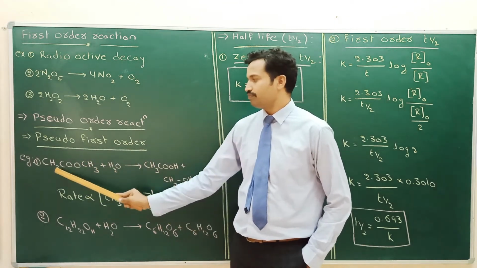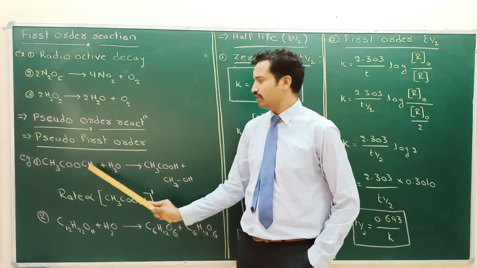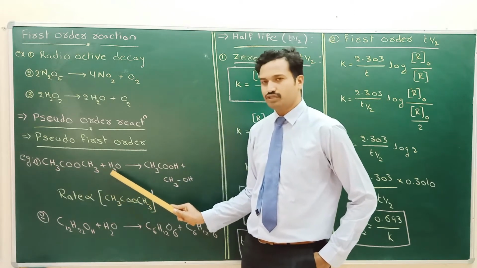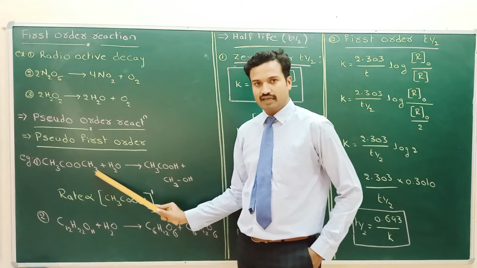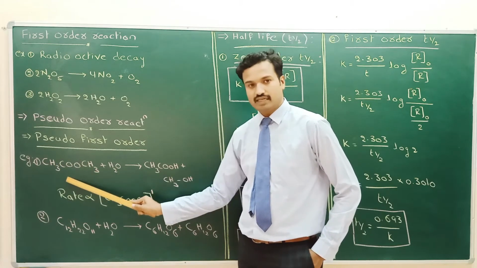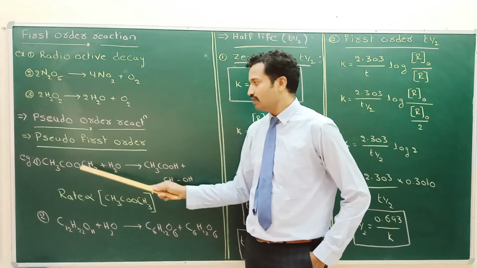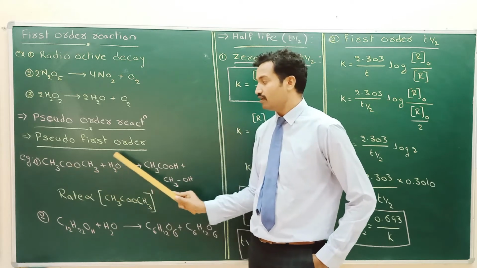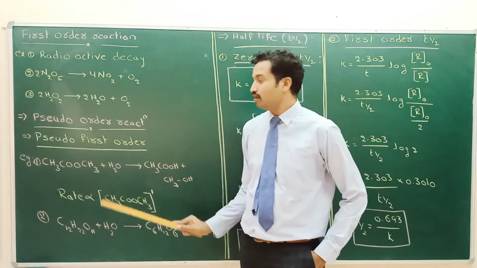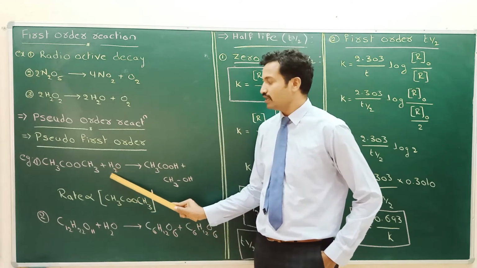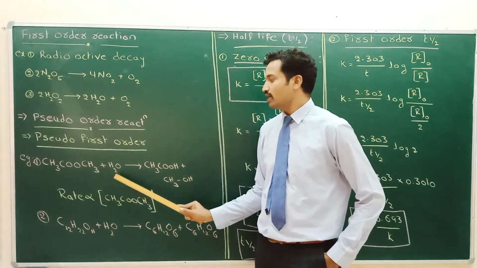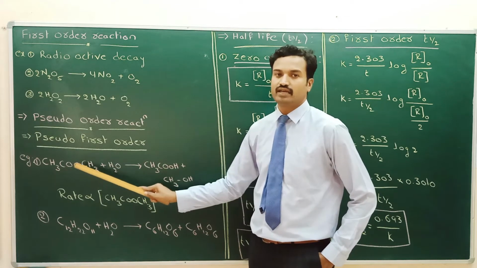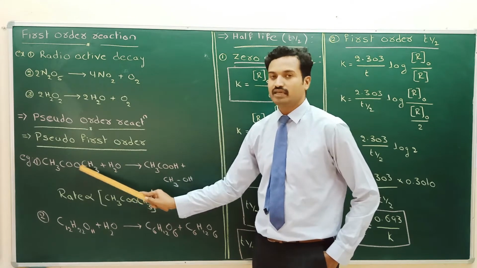By seeing this example, hydrolysis of an ester, methyl acetate hydrolysis. Reactants are methyl acetate and H2O. Theoretically, methyl acetate is there, H2O is there. We may think the reaction depends on H2O and methyl acetate. But experimentally, the rate of reaction is influenced by only methyl acetate, but not H2O. Why? Because here H2O is in excess quantity, so its concentration is taken as unity. So the H2O concentration does not influence the rate of hydrolysis of methyl acetate.